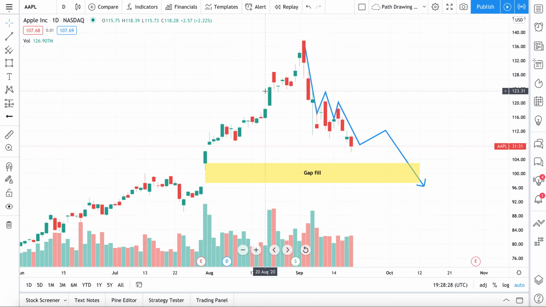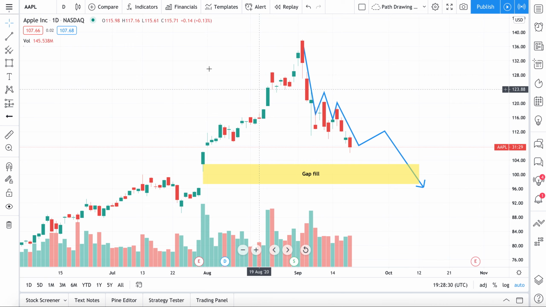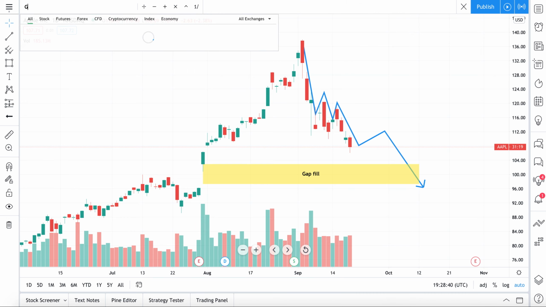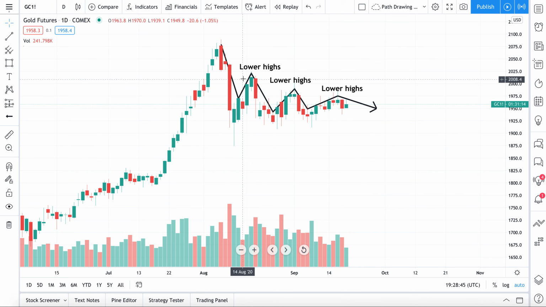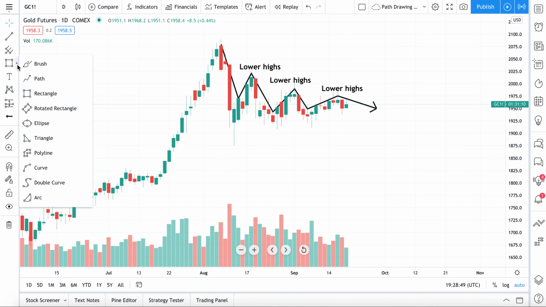perfect. We hope that you enjoyed this video about the Path drawing tool. Here's an example of Apple and a gap fill that might happen. We used the Path drawing tool to draw this prediction and sequence of events. And then of course the previous gold chart we did earlier, where we're just highlighting a series of lower highs. Okay, once again, the Path drawing tool on the left-hand toolbar here, go to Geometric Shapes and select the Path